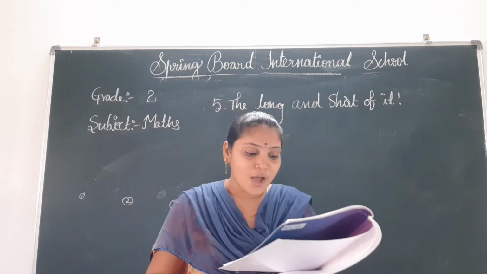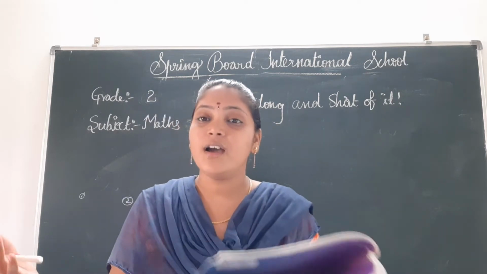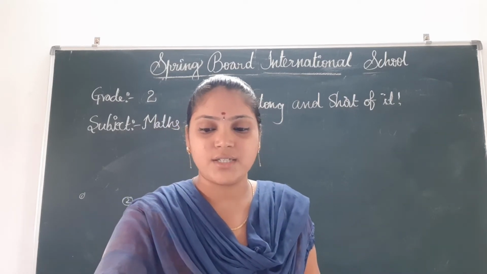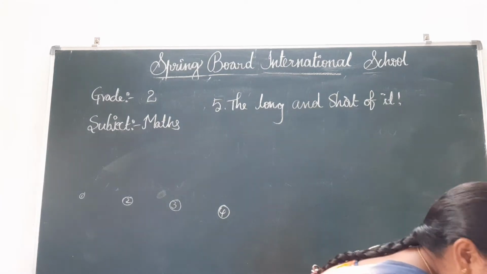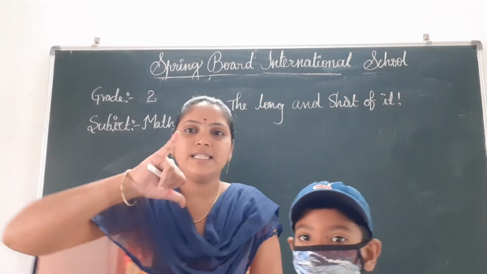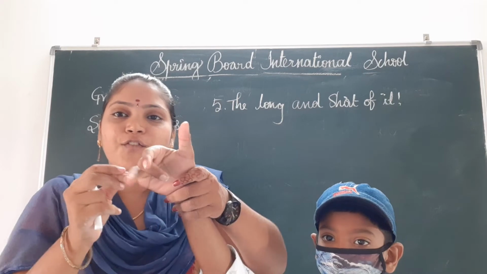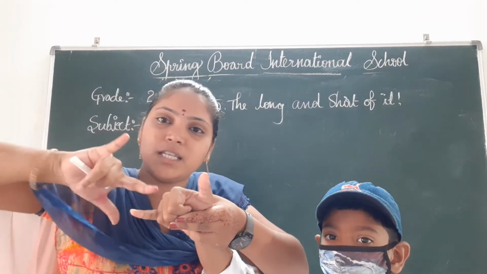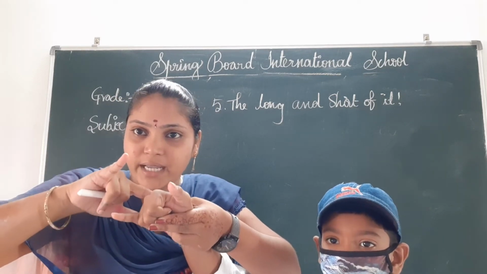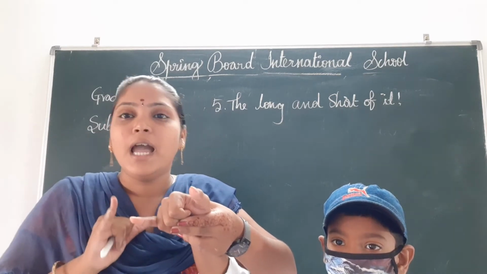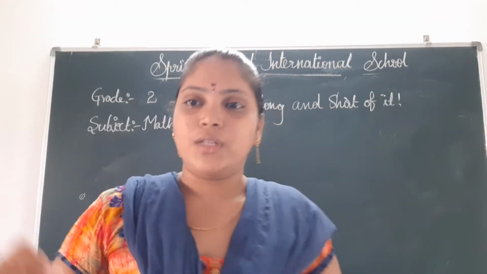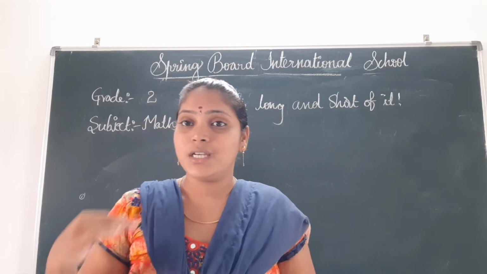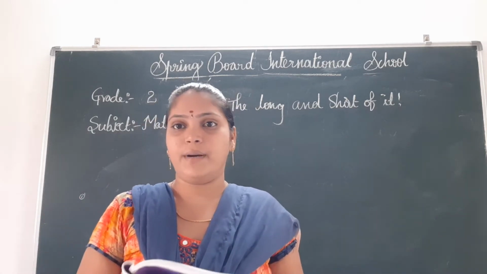This is because body parts can be different sizes for different people. For example, if you observe, this is my hand span, and if you observe this boy's hand span, it is smaller. When we compare my hand span and this boy's hand span, his is smaller and mine is bigger. So that means hand span is not a fixed measurement. It changes from person to person.